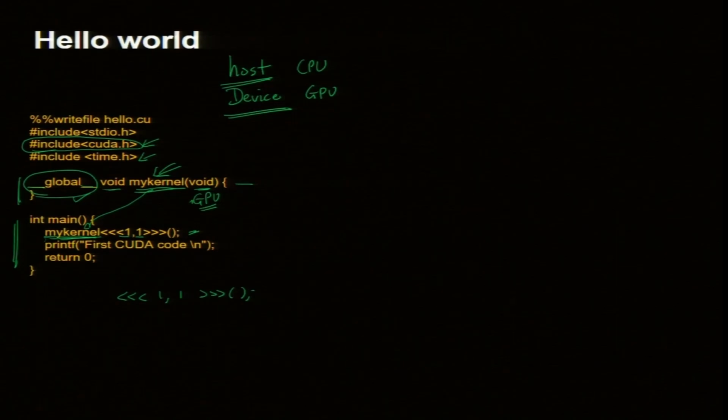Okay. So, my kernel is to be running on device, and this is called number of thread blocks and this number of threads. Right now, I just need one block and one thread, that is it. Okay. And print something, this is done by CPU, this is done by CPU. In fact, all of it is basically CPU.